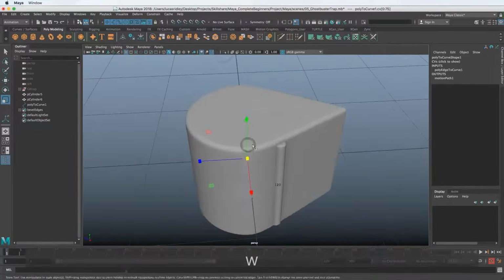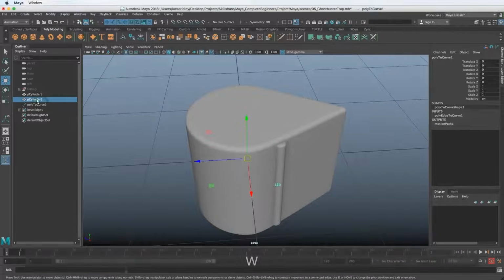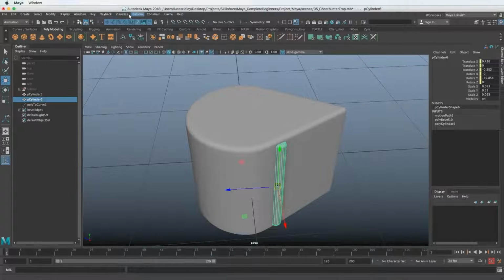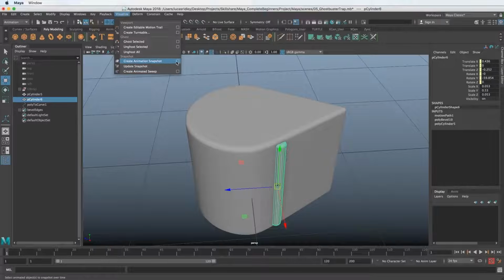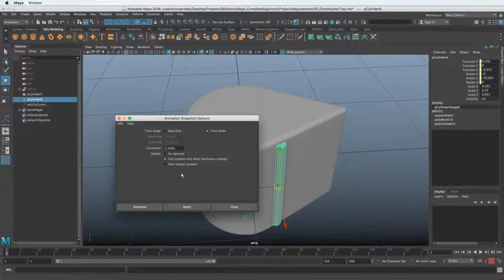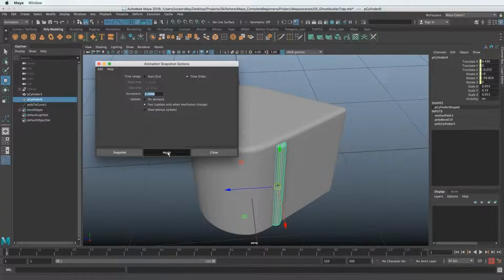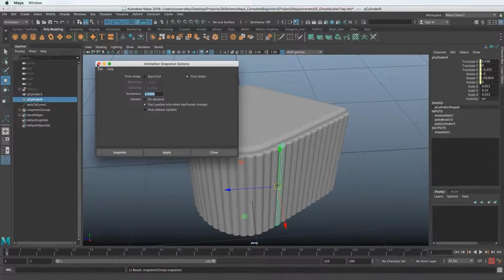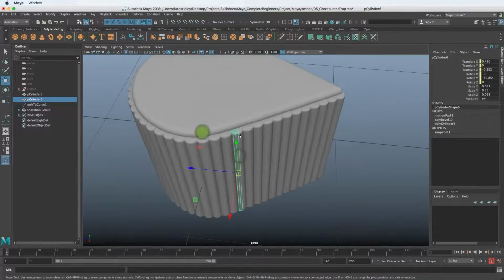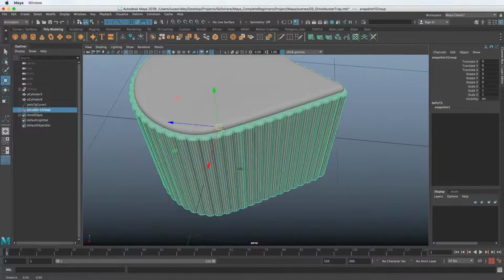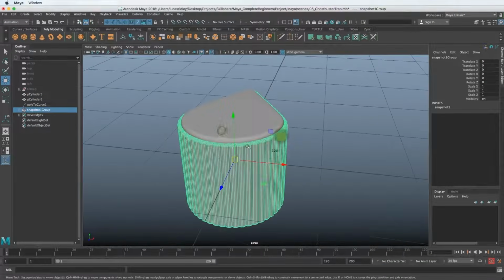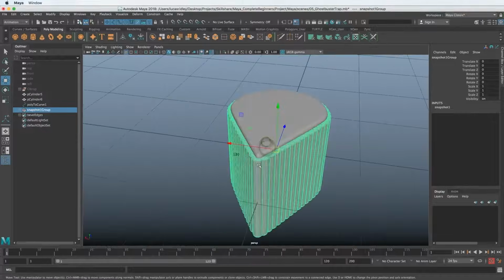So now when we do the snapshot, we go to Visualize and create animation snapshot. We have 2.2 on, and again, this value could be different for you. This is just based on the size of the thing that I made, so this will probably be different for you. I'm just taking a guess at what will be the right distribution for mine. So to kind of lock in these changes, now you can see it's all the way around correctly.